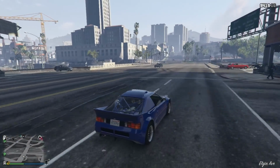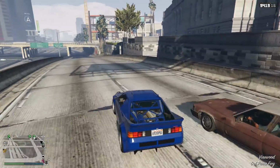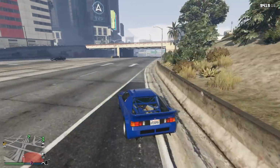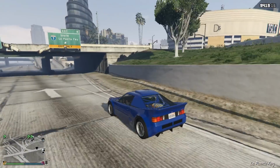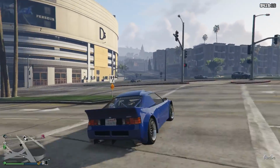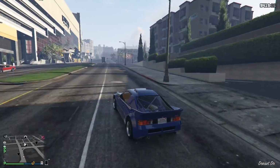It's worth bearing in mind as well, this car is an all-wheel drive, so it's a four-wheel drive vehicle, which means it is great when it comes to the corners and off-road as well, and that matched with its speed as well does make this a very good car. In fact, I'm willing to bet this is one of the best off-road and rally style vehicles that we have in GTA Online. Now, of course, this will need some testing, which I haven't got around to yet, but it is definitely one of the better vehicles we have in the sports category,